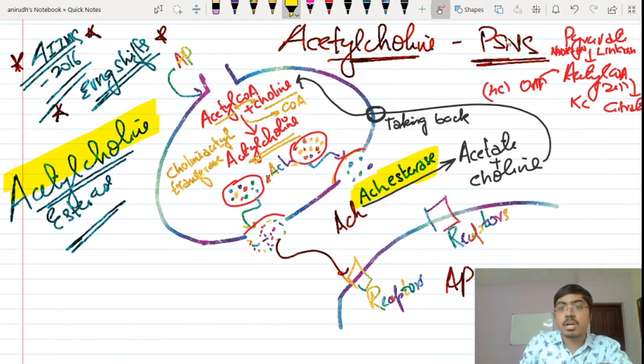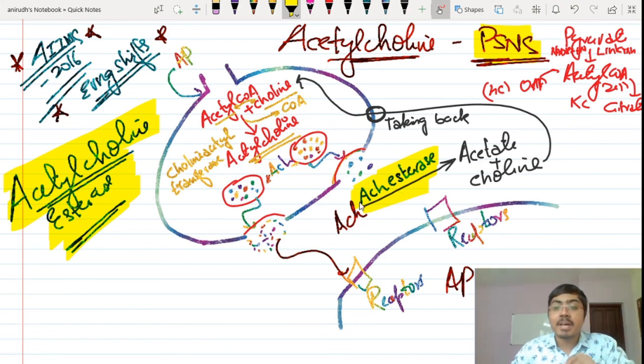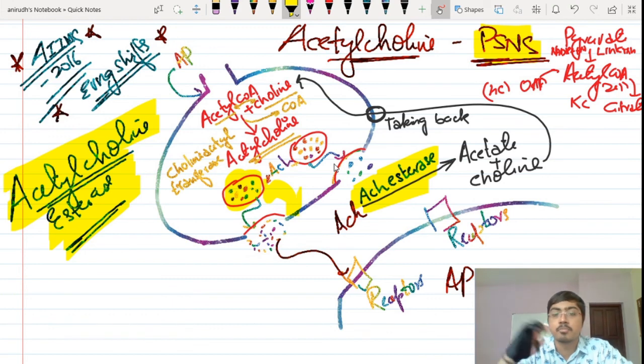Point is, acetylcholine is a part of the parasympathetic nervous system, and acetylcholine esterase is the enzyme which is present inside the synaptic cleft. It is degrading acetylcholine to stop its action of binding onto the receptors after some time. After its action is over, we don't want acetylcholine as such here. When the next nerve impulse comes, the vesicle will again release acetylcholine. We don't want the same acetylcholine to remain here as such. If it remains over there, then it can cause other problems. So we have to degrade it somehow.